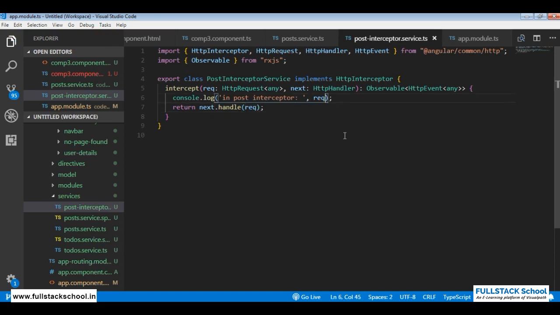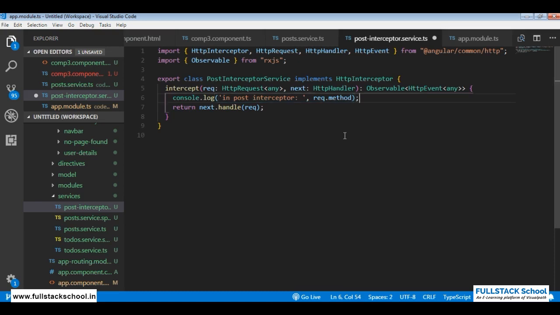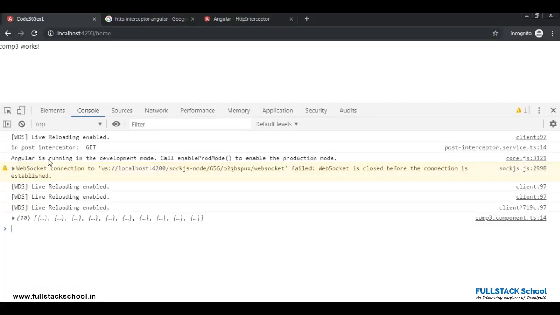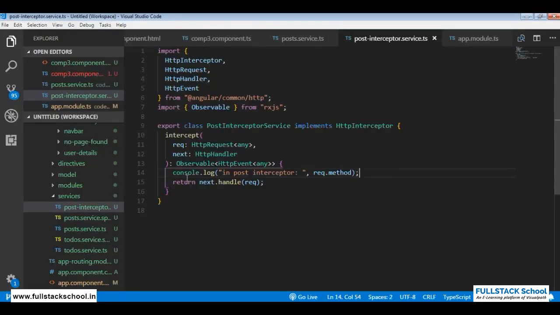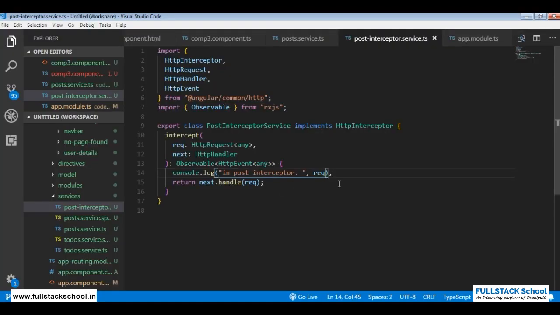So in console log you need to say request.method. It prints only the method that we are passing, which is GET. Likewise, you can select any other thing that you need and you can modify that as well. We'll try to modify or provide something extra for the request that is being passed from our application to the